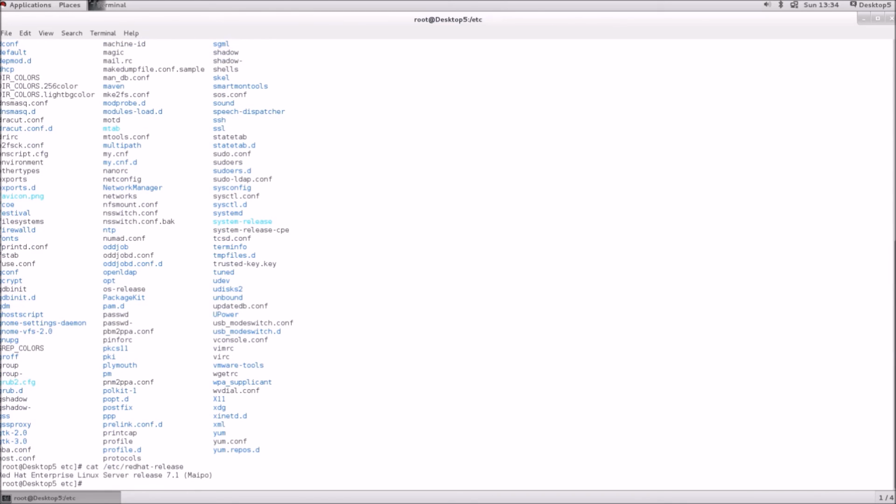When you type this, you will get the version of Red Hat. It shows Red Hat Enterprise Linux Server release 7.1.